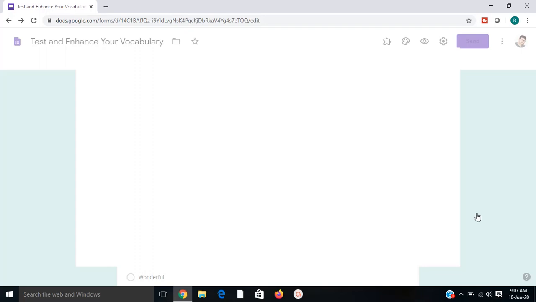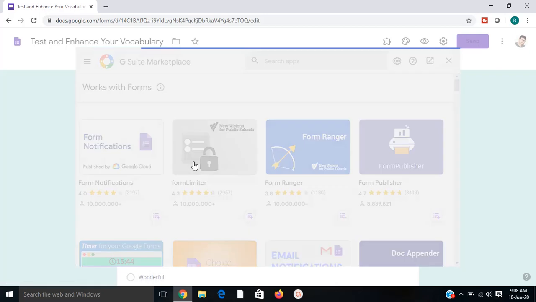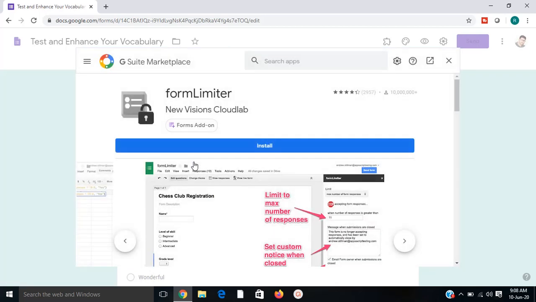Here you can find many add-ons available for Google Form. Here you can see there are many types of add-ons. You have to select this Form Limiter. Then you have to install this.